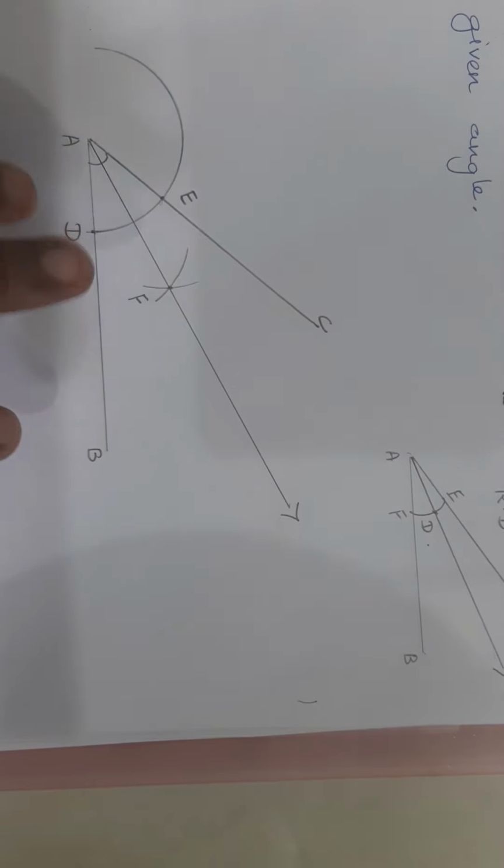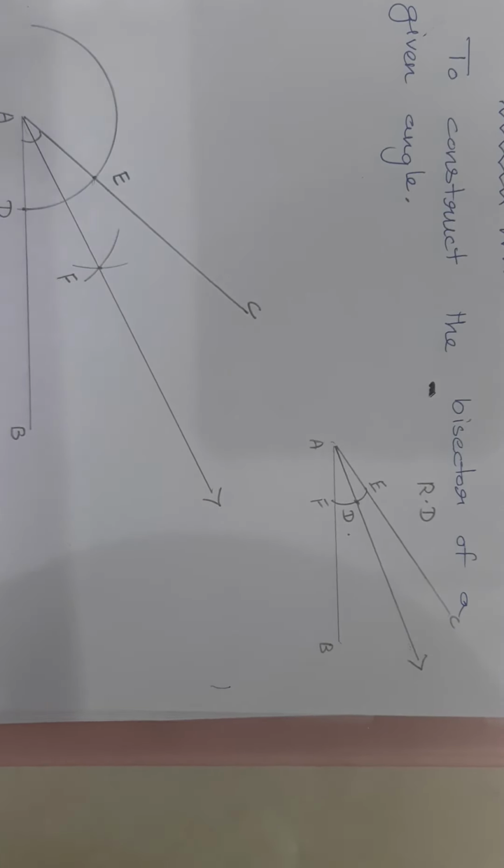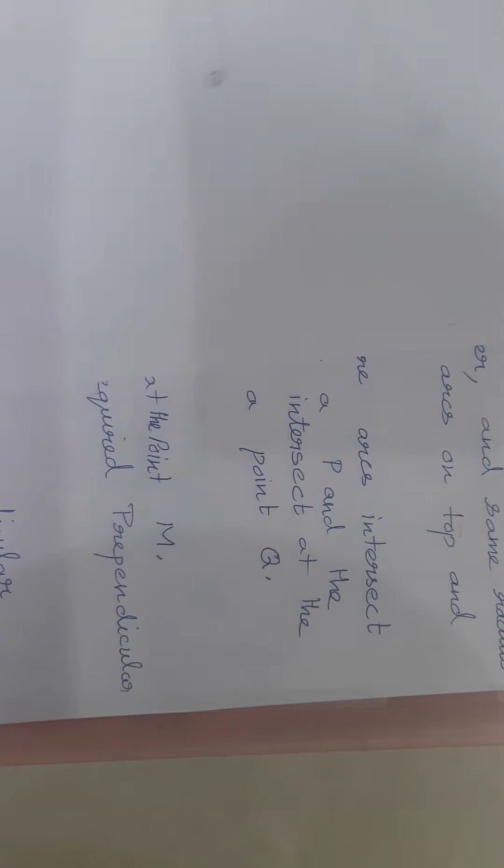So this is the original diagram for the angle bisector of a given angle. For this angle bisector, we will see